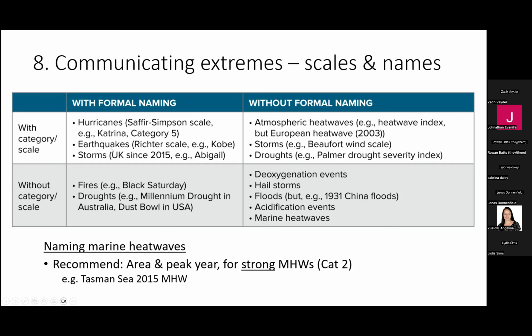I will say that things like Hurricane Katrina, while it has a name, it's really hard to remember the year that it occurred if you weren't in that exact location. So something about a year in giving a name is a pretty important feature, I think. I think now we've moved marine heat waves into that upper left-hand corner, where they now have a category and you can have kind of formal naming that we can use to describe these events.